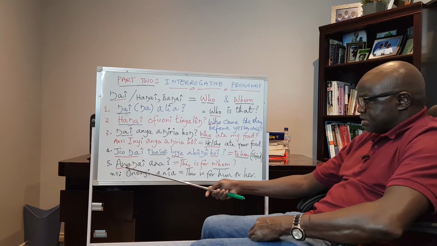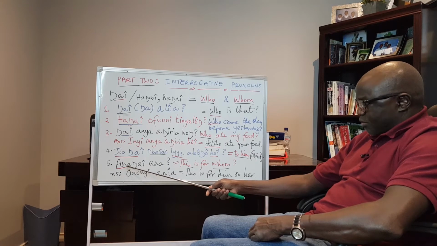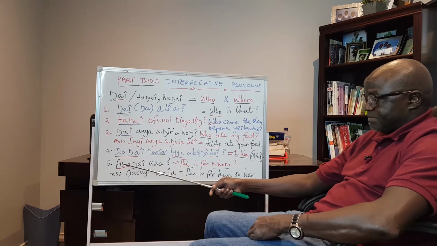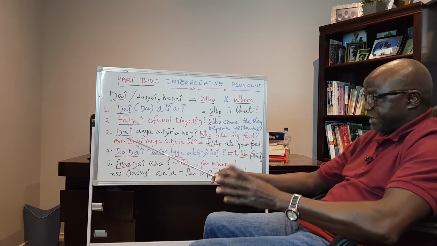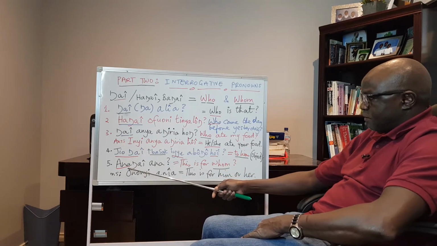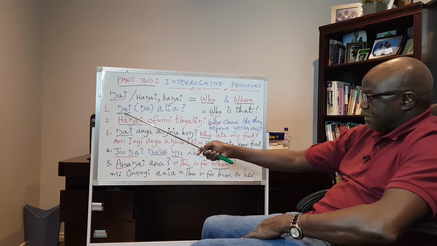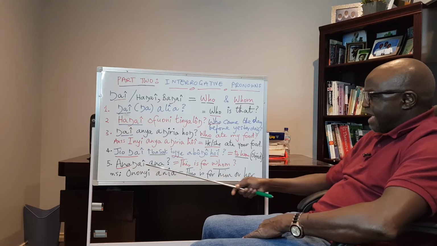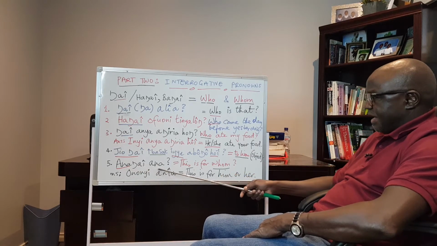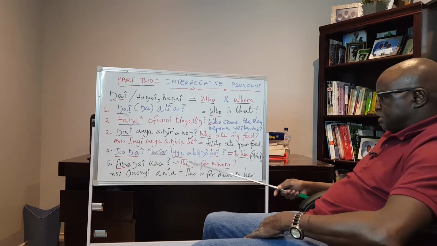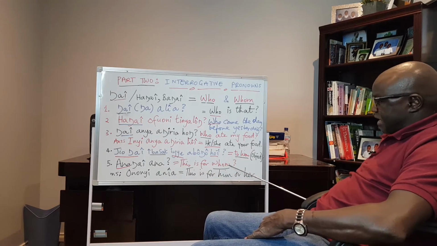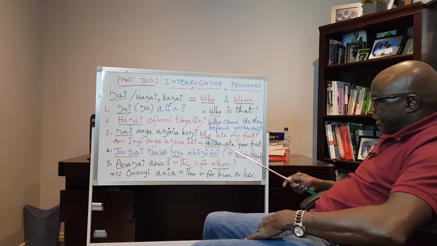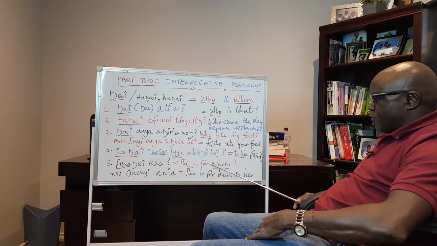In example number 5, you can see here I underlined Ana in red. Ana is also a pronoun, but this is a demonstrative pronoun, as I said before. We'll come back to them and learn them together in their group. So I join Ana and ngaî, which is that word there. It becomes Anaŋaî. So Anaŋaî will translate into this is for whom. As you can see here, it is whom, which is this one here. Okay, and this was who there. Anaŋaî, this is for whom.